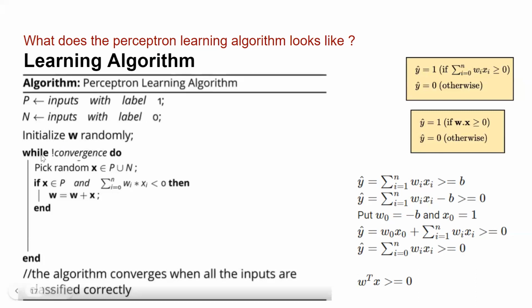Okay. Now, while not convergence, we have to keep on with this step. Whatever you see from peak to end, we have to keep on doing this step until we meet the convergence. What I meant by saying convergence is we have to keep on doing this step until I do not see any change in my loss, right?